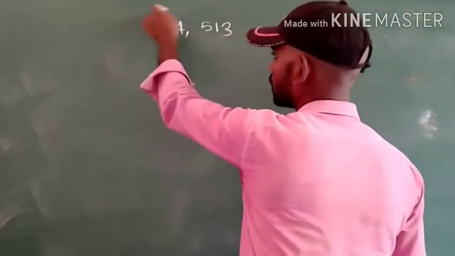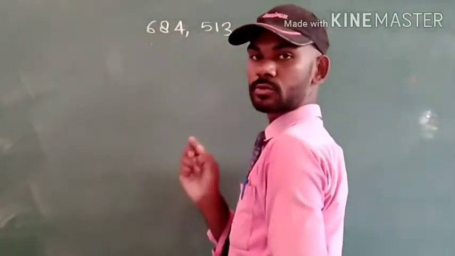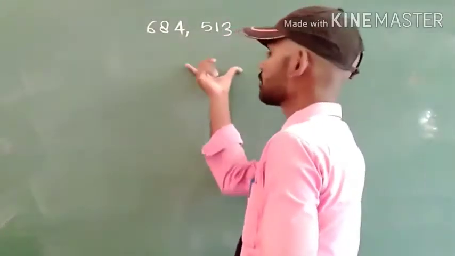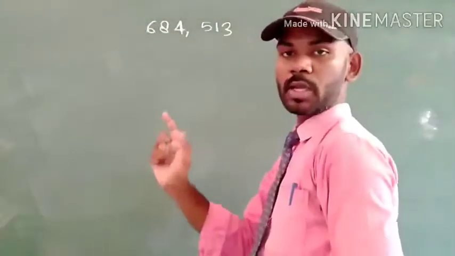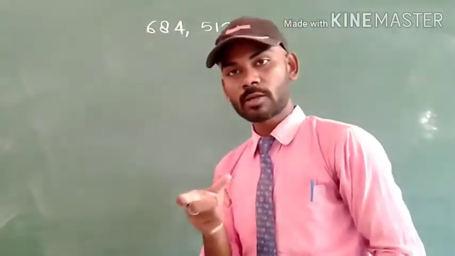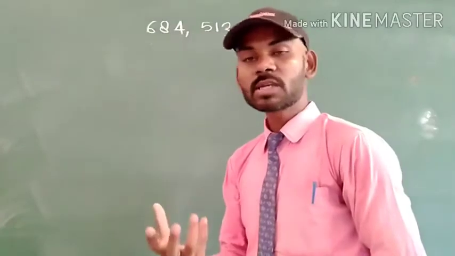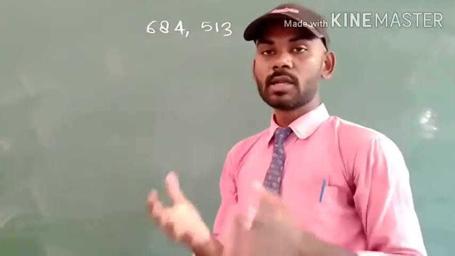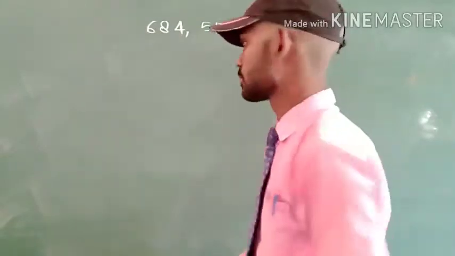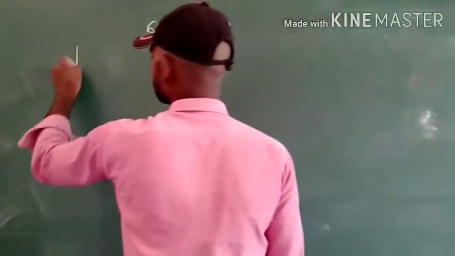We make the dividend that number which is greater out of them. इसमें से हम डिविडेंड उसी नंबर को बनाएंगे जो ग्रेटर होगा और डिवीजर वो नंबर होगा जो स्मॉलर होगा, बिकॉज डिवीजन का जो रूल होता है वो यही कहता है डिविडेंड इज ऑलवेज ग्रेटर देन डिवीजर. सो वी राइट